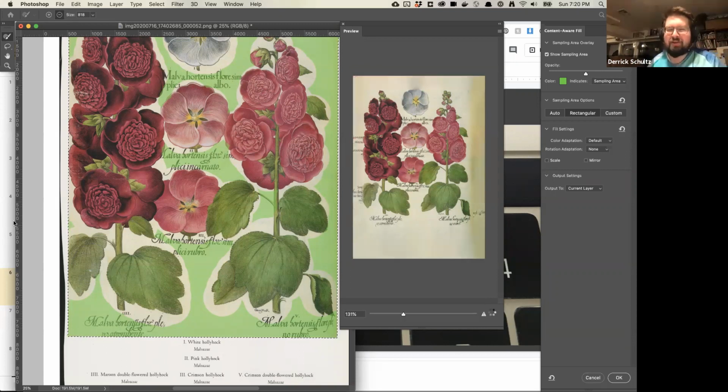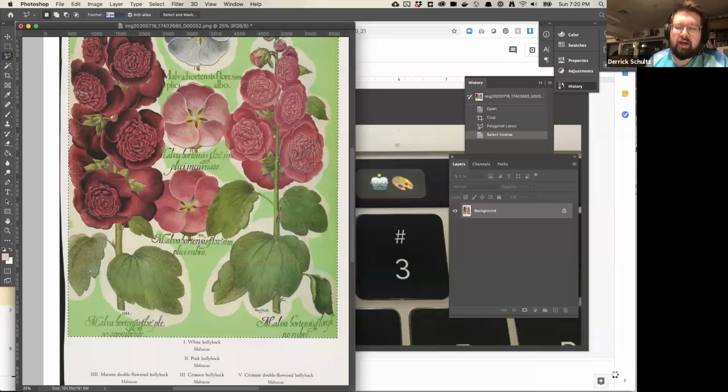But okay, you'll see here, now this is much nicer than it was before. You'll see there's some noise being generated up here, that sort of thing. But I feel like this is probably good enough for me to get moving with, so I'll just hit okay. So that's the content aware fill tool. There's also a content aware brush, which I will probably use a little bit on some of these images. It's going to take a little while for this one to churn out.